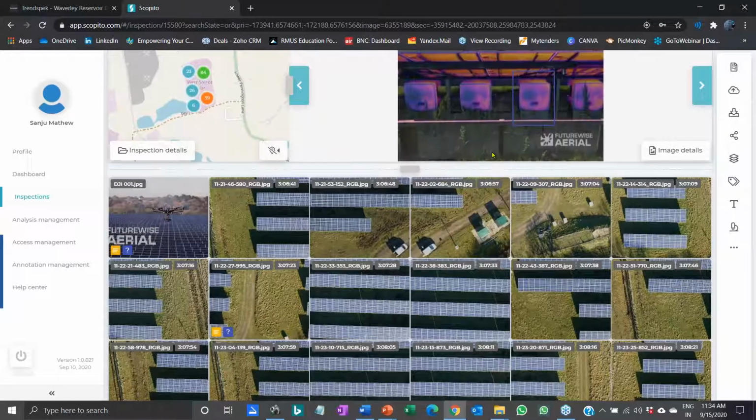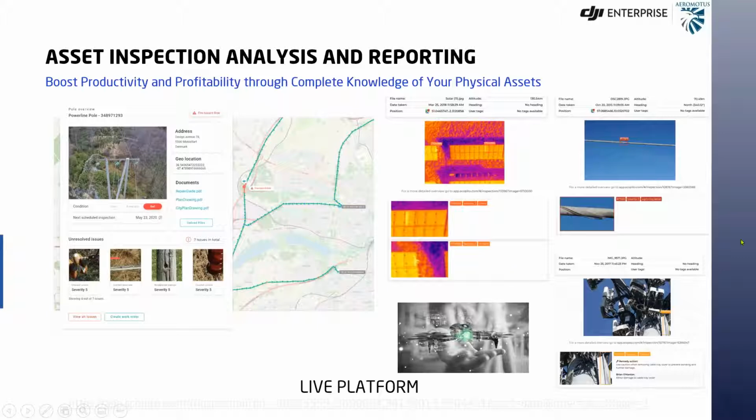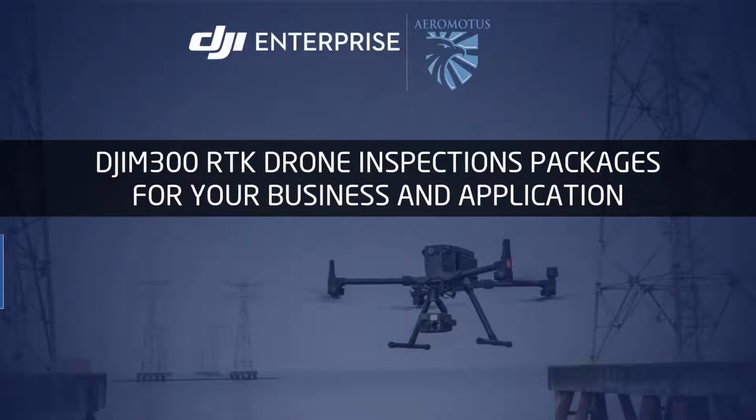So this is a couple of platforms which we are able to give you in terms of the analysis tools with the drone, and also we can provide you training and support. So you're able to do analysis and inspection for flare stacks, storage tanks, pipelines, concrete, telephone towers, power lines, plant environment, crane. So there is a complete solution for you: a drone payload, an analysis software, and a 3D